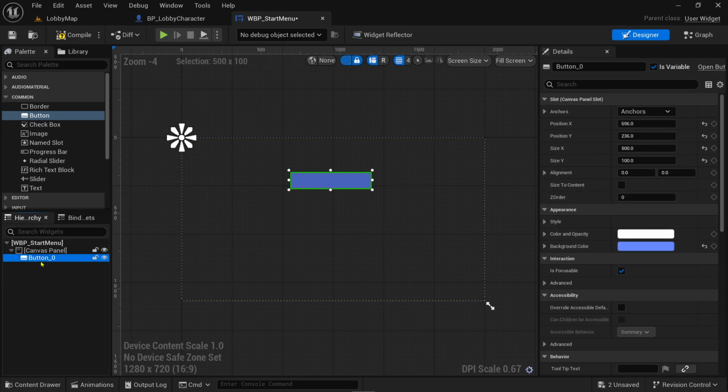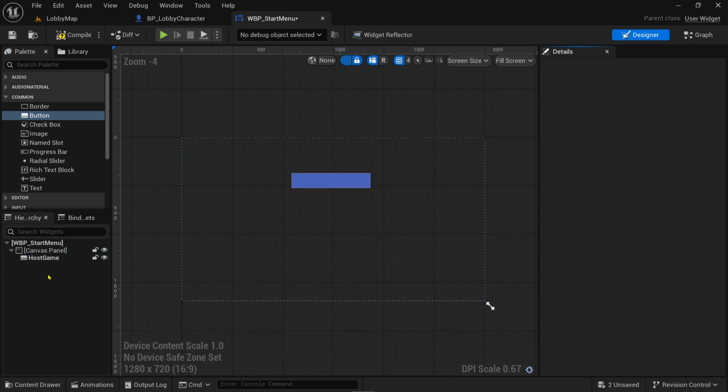We're just going to rename it up here to HostGame. Let's leave it as a variable, which is fine, because we're going to use it for tracking when we press it, and then that will change it here. And then let's drag text onto the